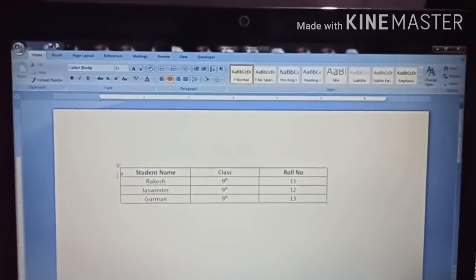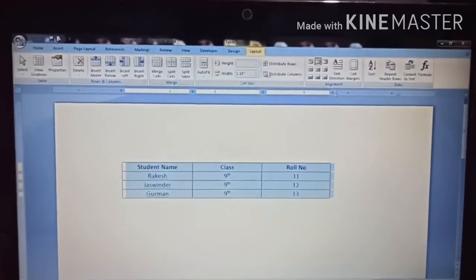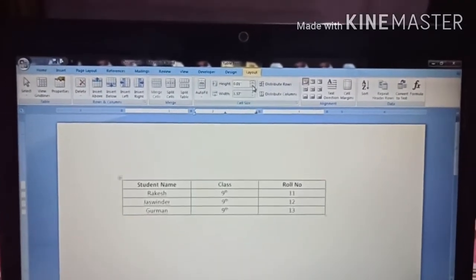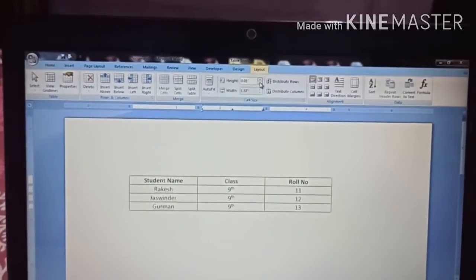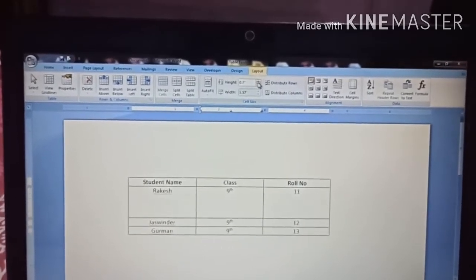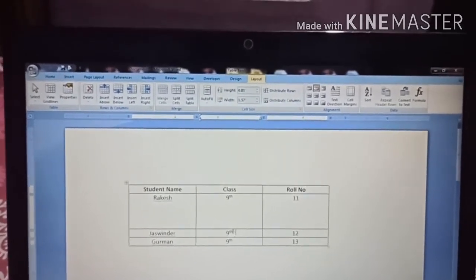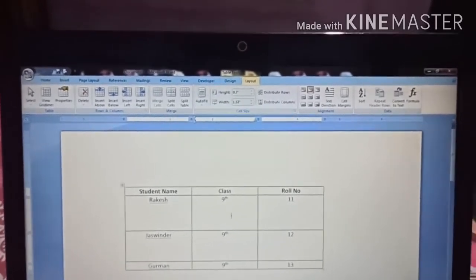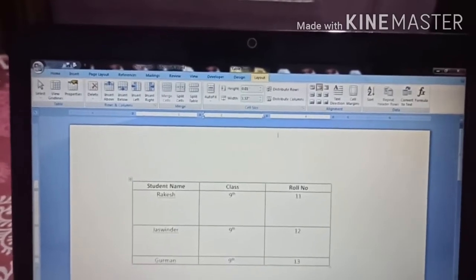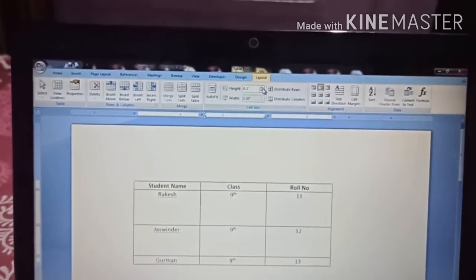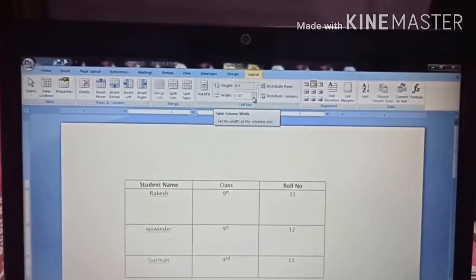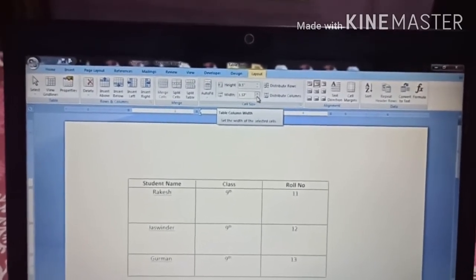Next is the row height and column width. Look here. In this way you can increase the height of the rows, and from here you can increase the width of the columns.